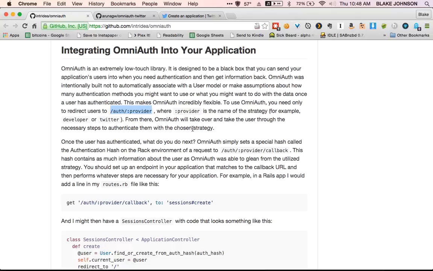And then it says it will take care of the rest. So what actually happens behind the scenes is, if I send a GET request to /auth/Twitter, OmniAuth meta-programs a route for this. And what it will do is it will redirect